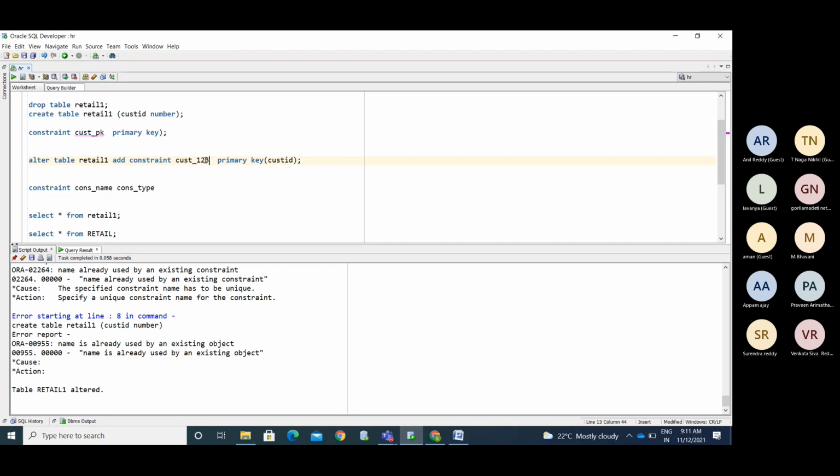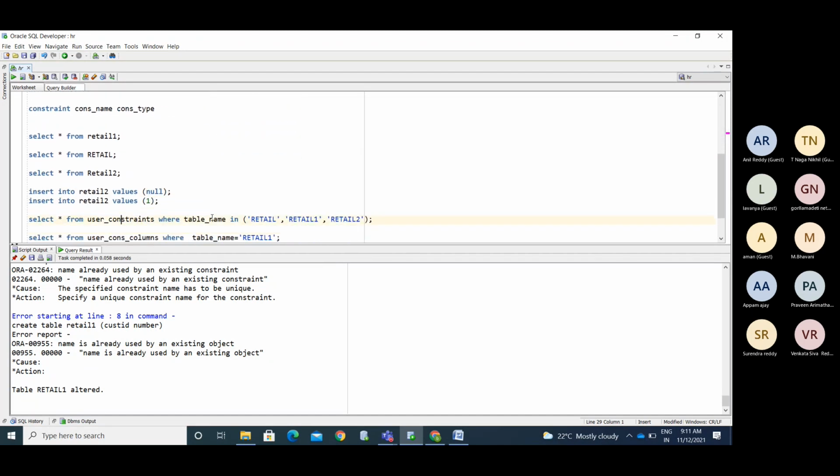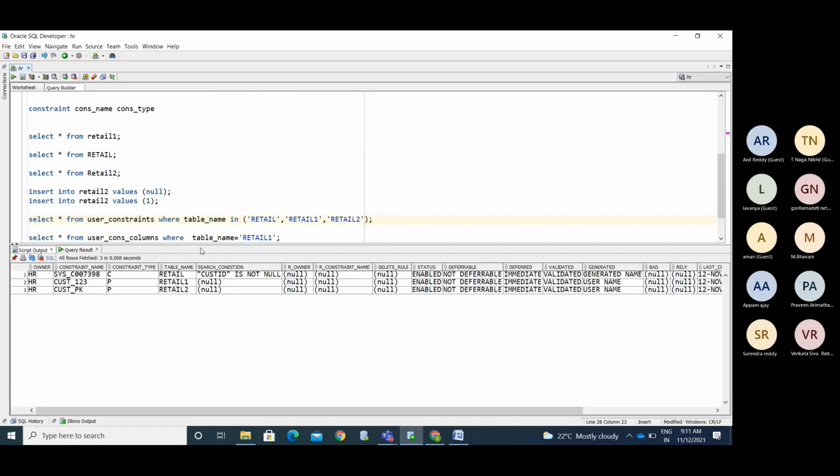The table is altered. Till now, you don't have a constraint on that retail 1 table, right? Now we will see in user_constraints. I added the primary key, so now it shows the constraint type is P. So you can add constraints after creation of the table also.